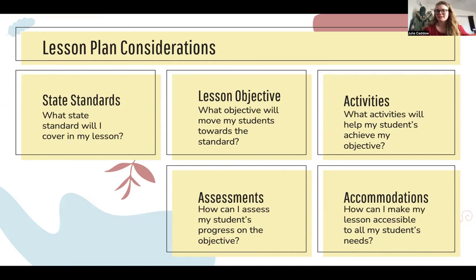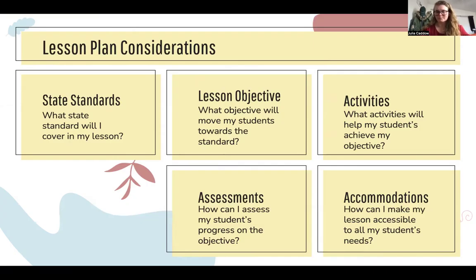The state standards kind of set out that year-long goal for what our students need to achieve as they're in our classes. But we can't learn every standard in one lesson. So that's where we start to break it down. We're going to look at the lesson objective. So we're asking the question, what objective will move my students towards the standard? Even though you might only choose one standard for a lesson, you might not be able to complete that entire standard within that one lesson, or even within that one week, or within that one topic. We need to be able to break it down into manageable chunks